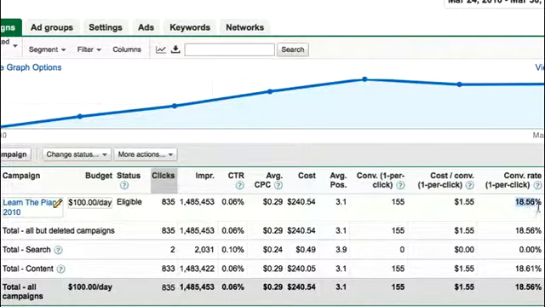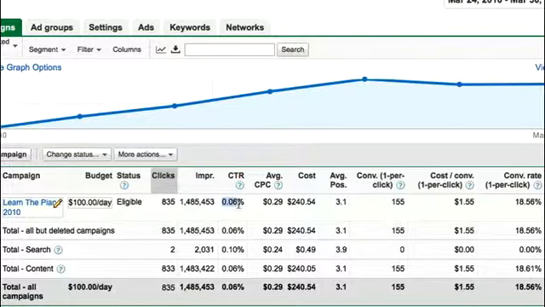So I'm at 18.56%. So another thing I could do is try to tweak the copy on my blog and try to increase that a little bit. But right now, that's not too bad. I want to be around 20% is good. Really 18.56%, I feel like that's pretty good. So I'm going to focus on improving the ad copy to get more clicks and improve this click-through rate right here.